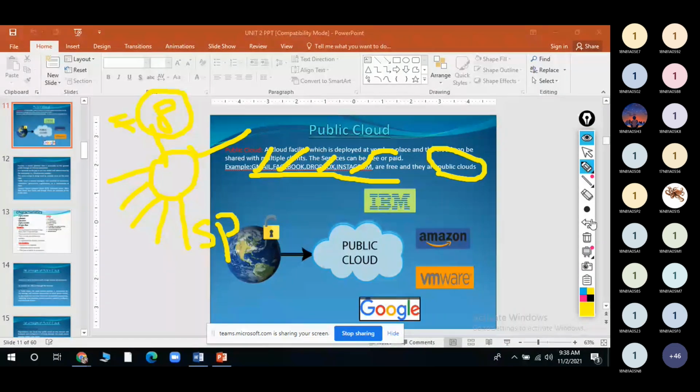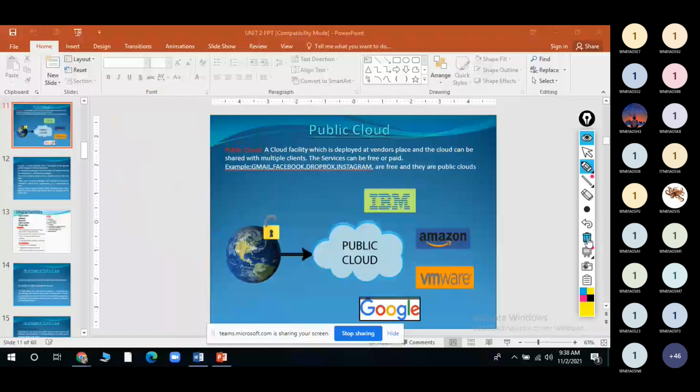For example, if you post anything on Facebook or Instagram, everyone can see all of it, meaning there is no privacy. Whatever you are posting, everyone can see if you give the permissions. In Instagram also, the general public can see everything you post. That is known as the public cloud.